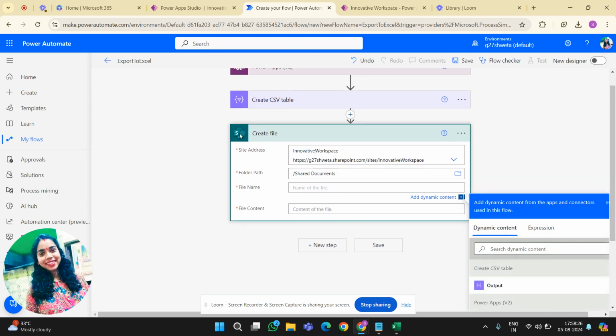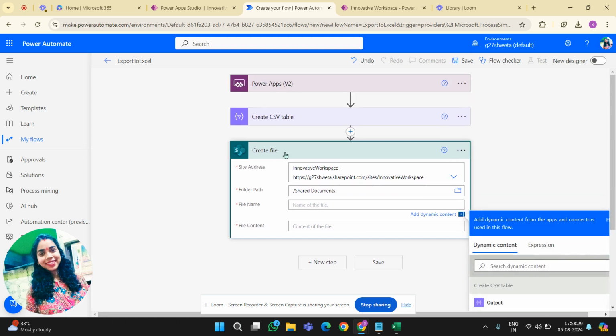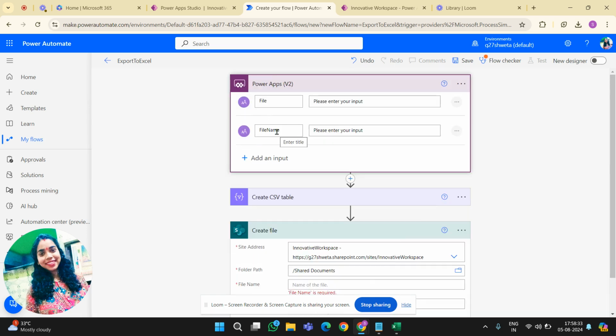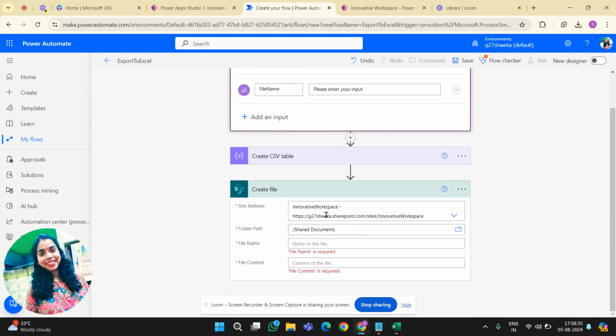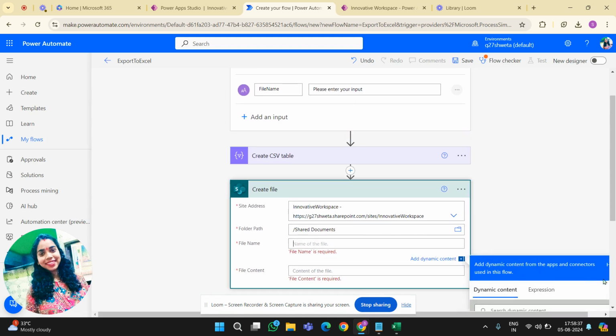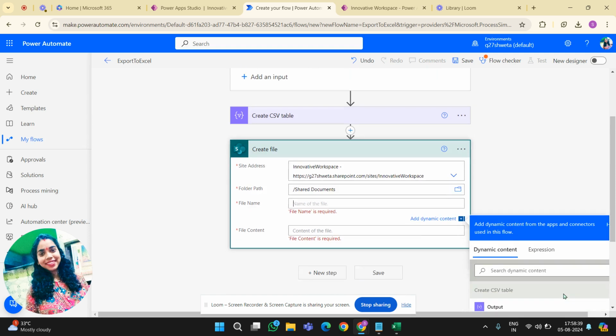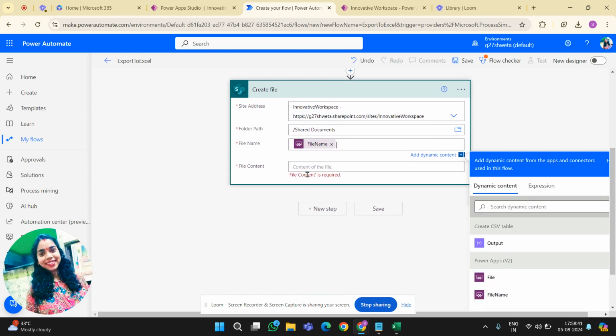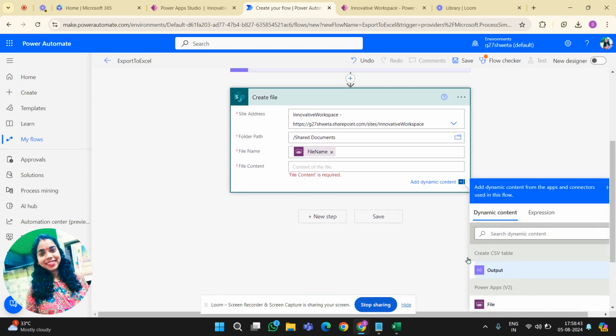The file name will come from the app, Power Apps. So file name, and file content, which is the output of the CSV table.